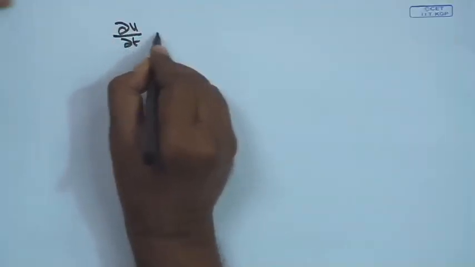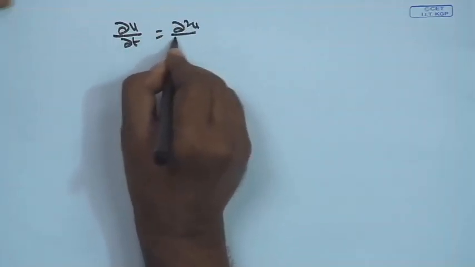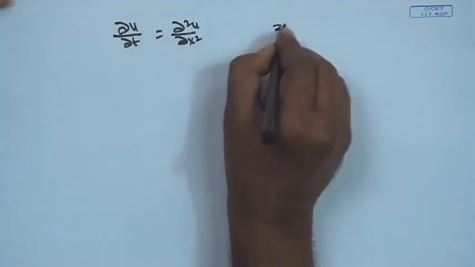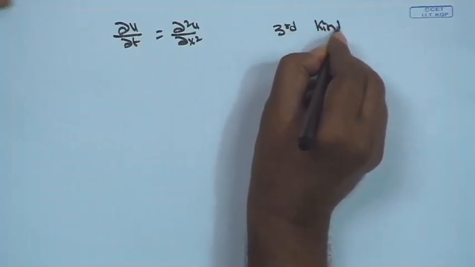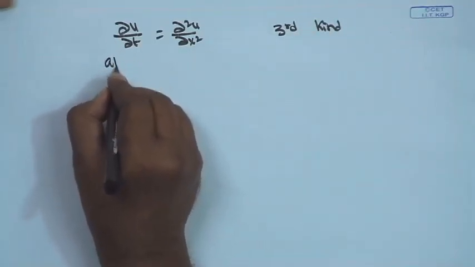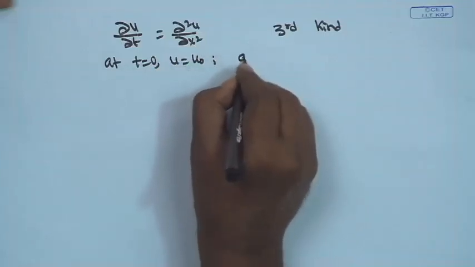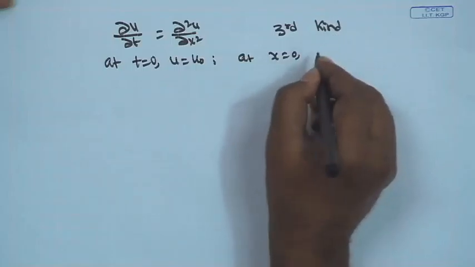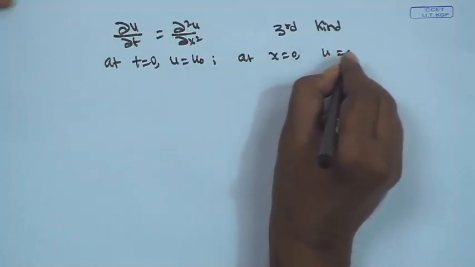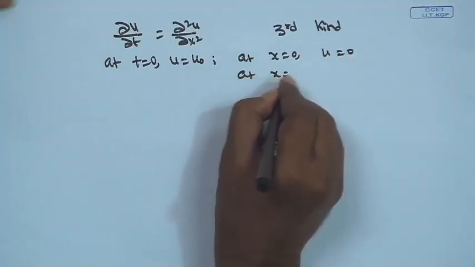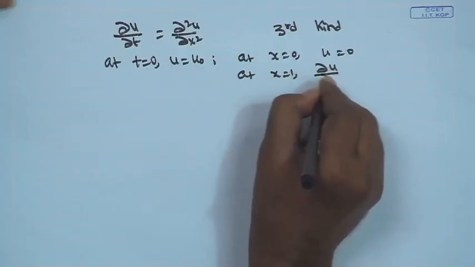Now, let us look into the third kind of problem. It will be a similar type of equation. So, the governing equation remains the same, del u by del t is equal to del square u by del x square. This is a third kind well posed problem, and at t is equal to 0, u is equal to u naught. At x is equal to 0, we have u is equal to 0, and at x is equal to 1, we have del u by del x plus